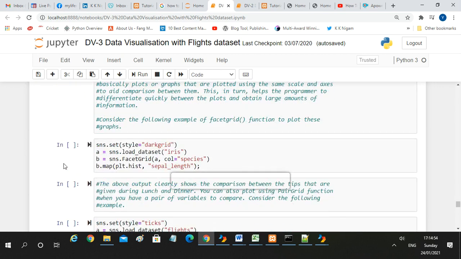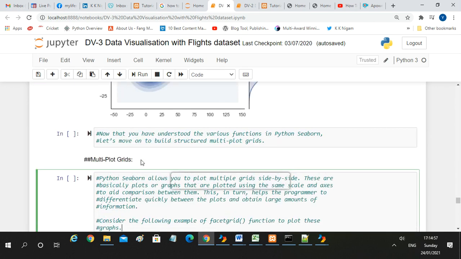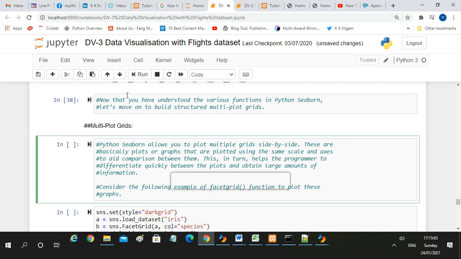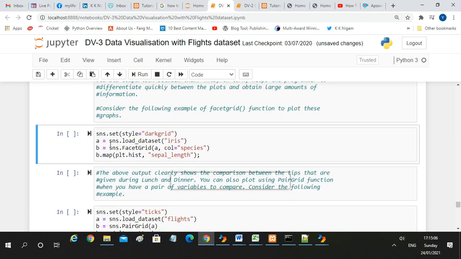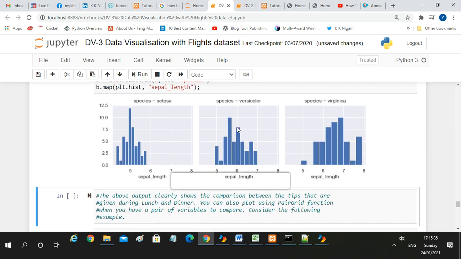So when you want to plot this, you can again run this first. This also you can run. This also we can run. And now we are going to use this code, that is sns.set_style dark grid as we mentioned. Then a is sns.load_dataset iris, that is the iris dataset that we are going to use. sns.FacetGrid, where the column is species, which, if you remember, we have discussed earlier also. Then b.map plt.hist and sepal length. So when we execute this, you will see that again you have got a different kind of histogram,